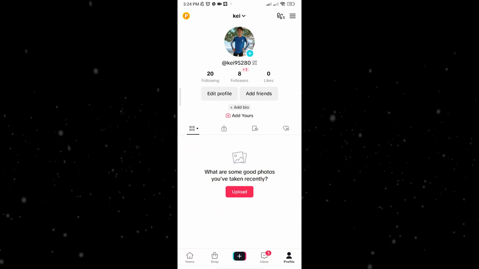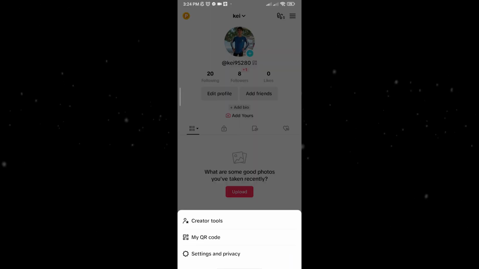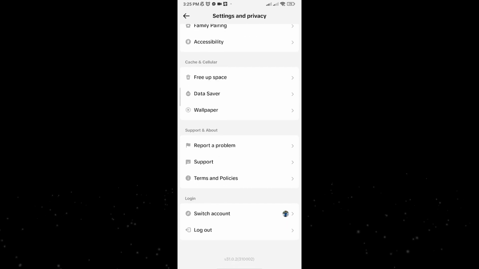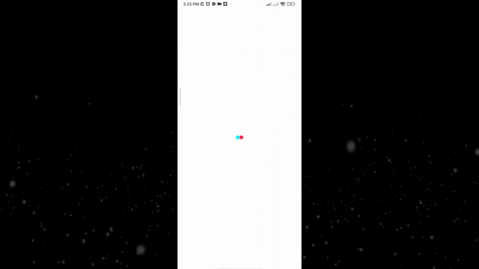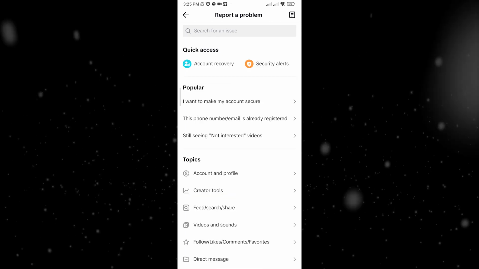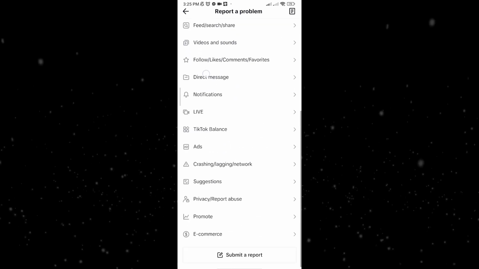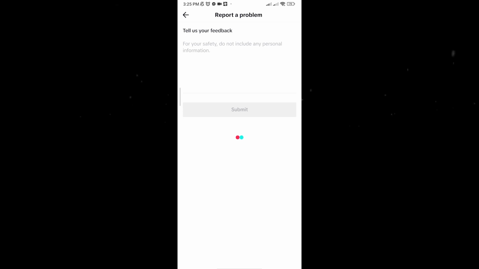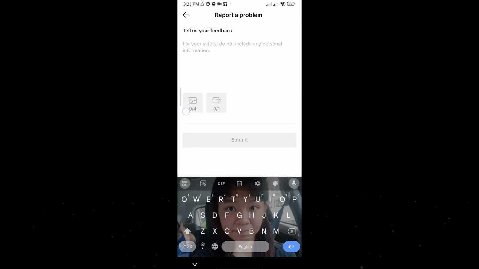Let's go and tell that to TikTok by heading over to settings and privacy, report a problem. And now we're going to be searching for an issue, but no, we don't need that. Let's just head over to our submit a report button down here. Click on that and now let's tell TikTok, hey TikTok, I don't have photo mode available on my